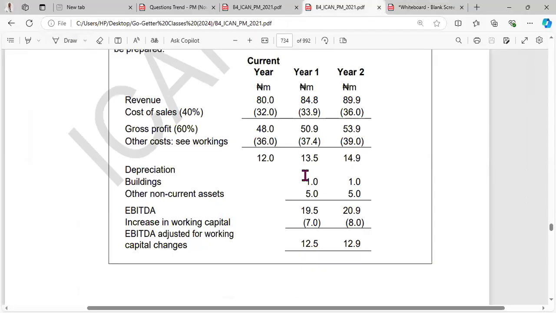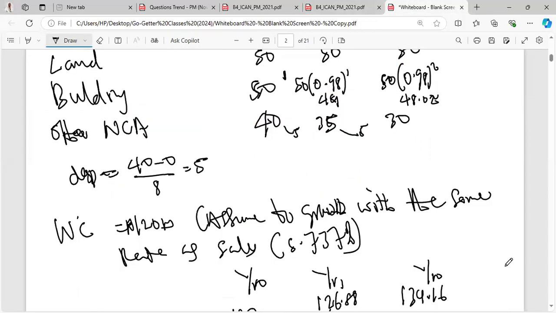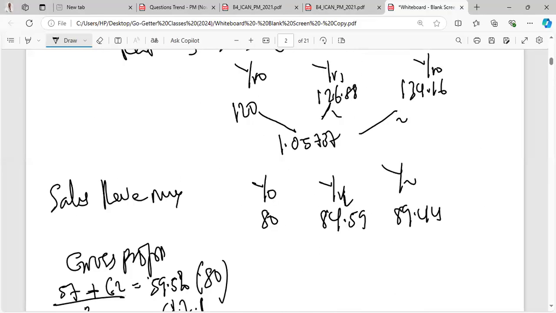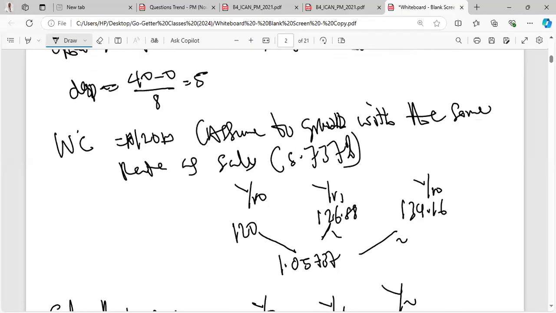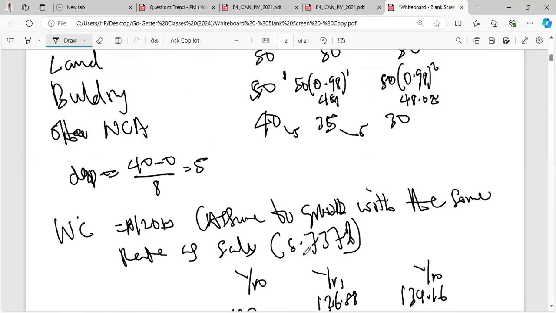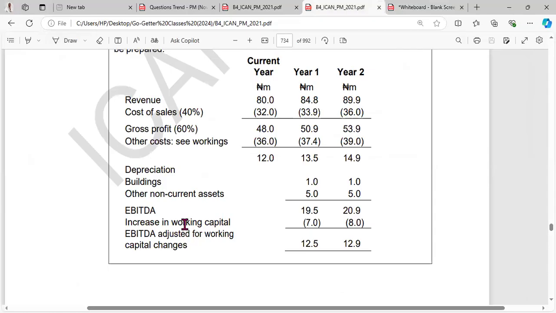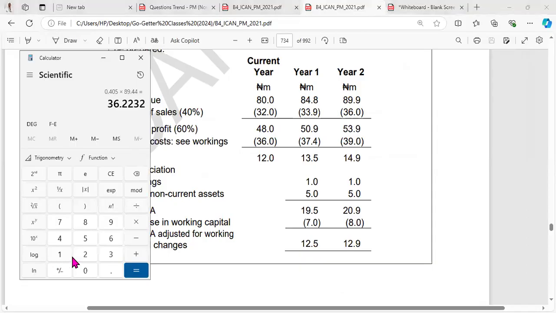So we are adding this back to all this. Increase your working capital. So they say your working capital is increasing by how many? We said our working capital increased by the same way that sales increase. Although we use this, they use 6%. So what they mean here is if we have 120 multiplied by 1.06,